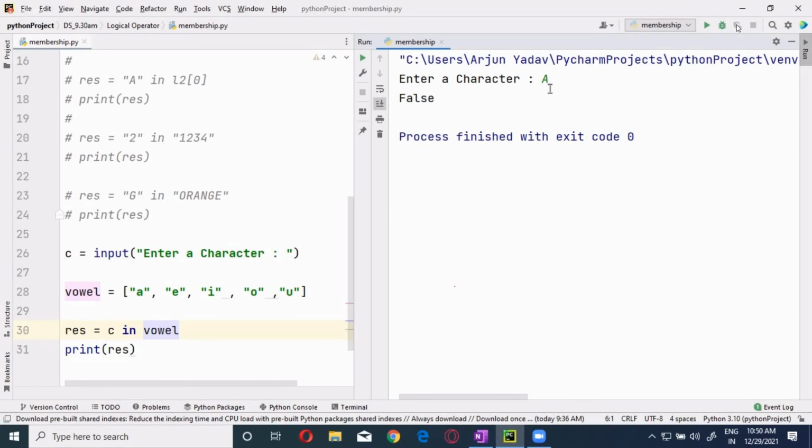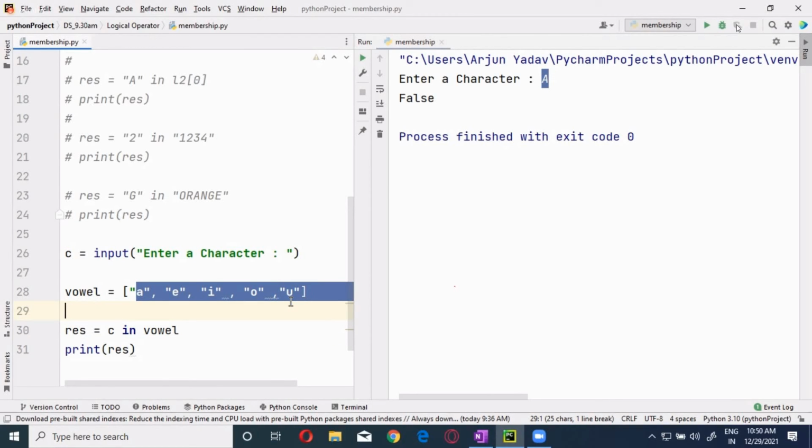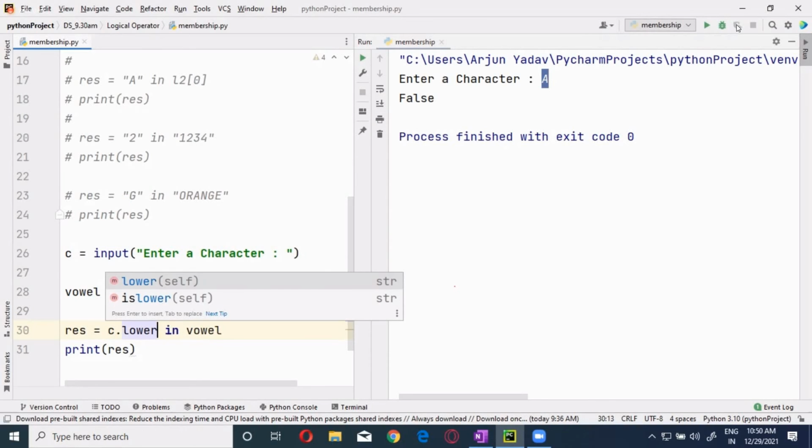What happened then? So I want this one to be identified. Then upper, lower. Convert this into lower, because I'm comparing with lowercase, right? All of them are lowercase over here. So I have to convert it to lower, not keep it upper.